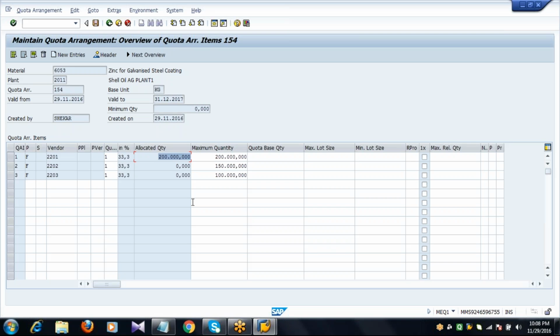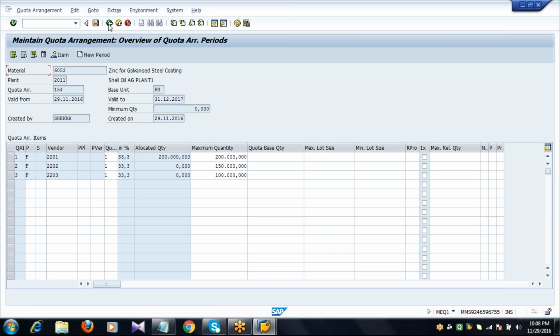But still, again I will create a PO for the same supplier, 2201 vendor, against the allocated quantity of another supplier.